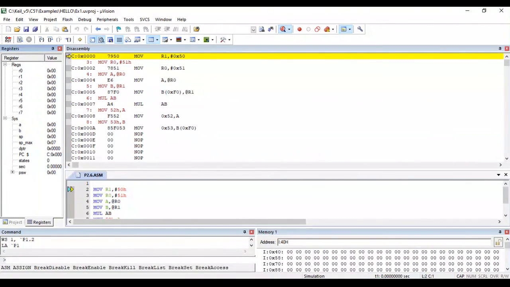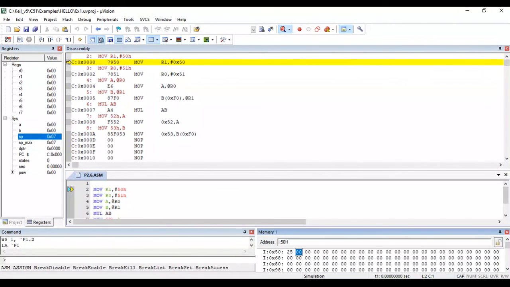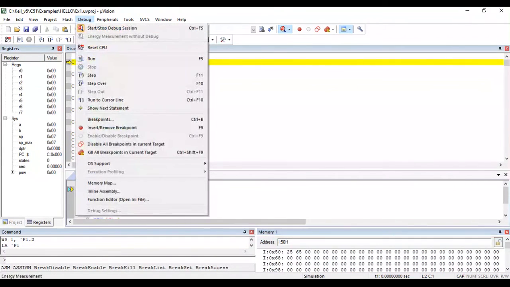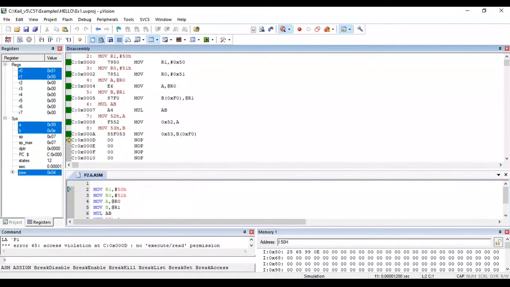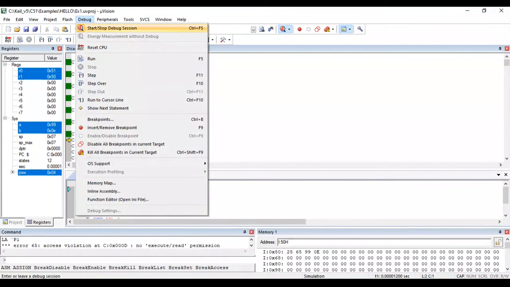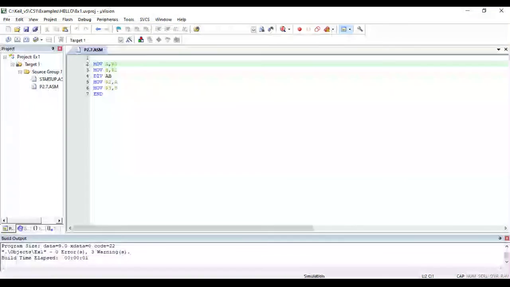In the address bar give the memory location 50H and then give the input 25H, 65H and then go to debug, click on run. So the output appears in 52 and 53H. Then go to debug, stop the debug session.